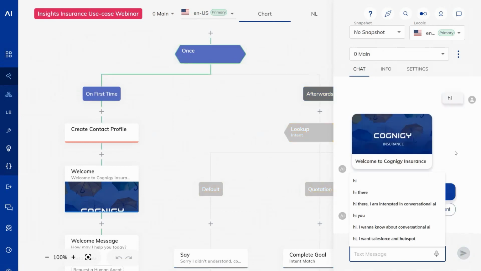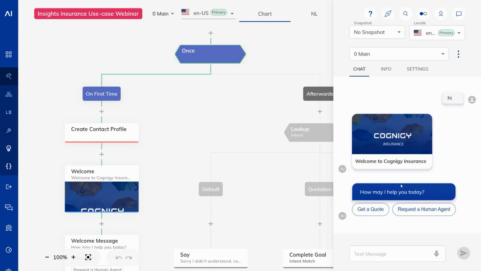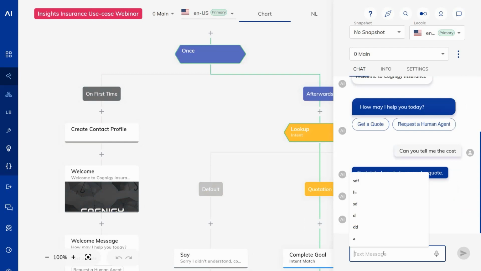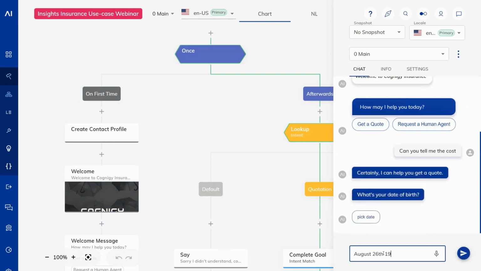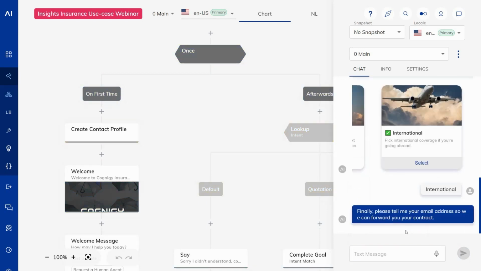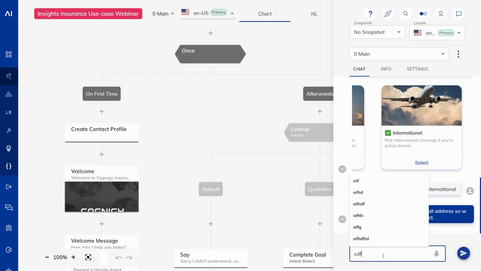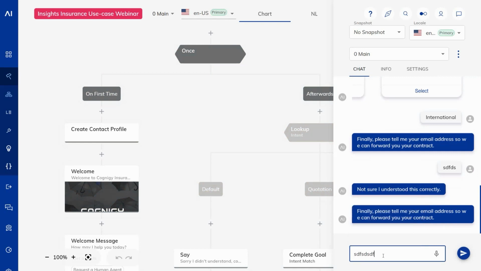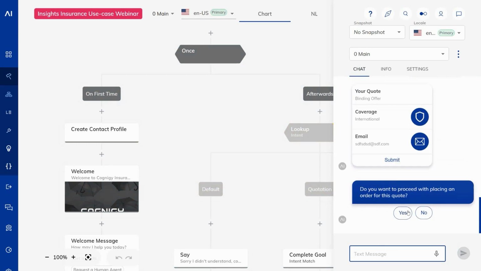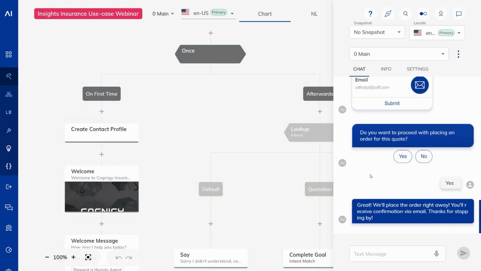And the experience then essentially looks like this. A user is coming in. We get a welcome message. It says, how may I help you today? We can choose, for example, get a quote. What's your date of birth? So my date of birth here is actually August 26, 1981. I pick whether it's domestic or international, say international. And then it says, finally, please tell me your email address so we can forward you your contract. I need to, of course, pop in a valid email address. For example, this one. It shows me the quote, and then I can either want this quote ordered or not, and say I do. So that's essentially what the bot is doing